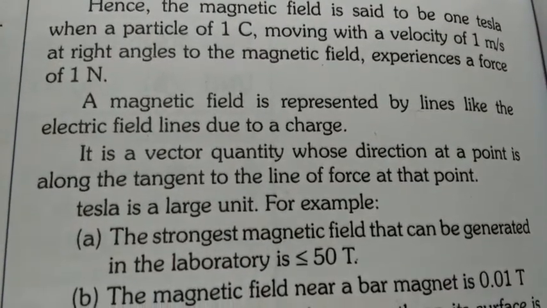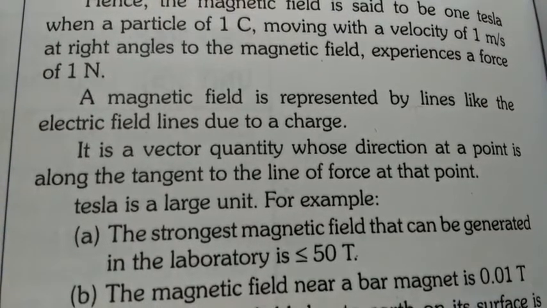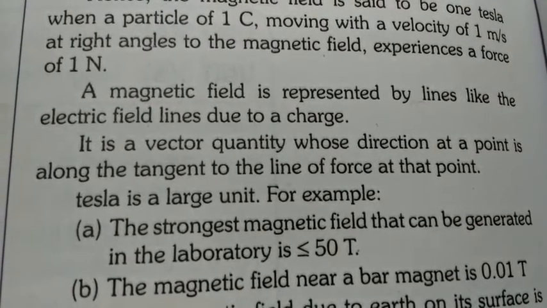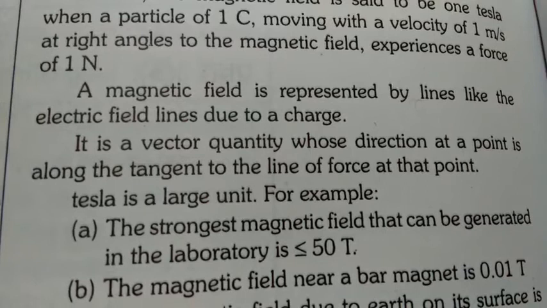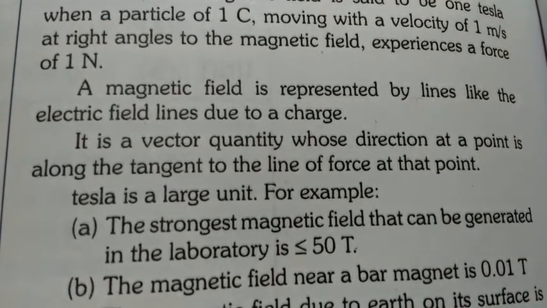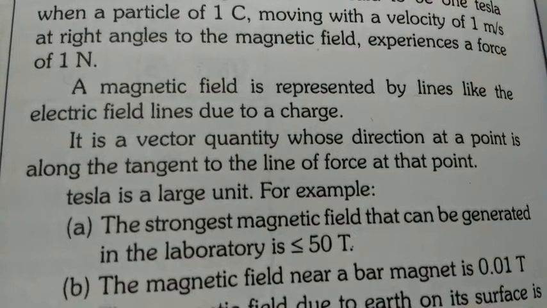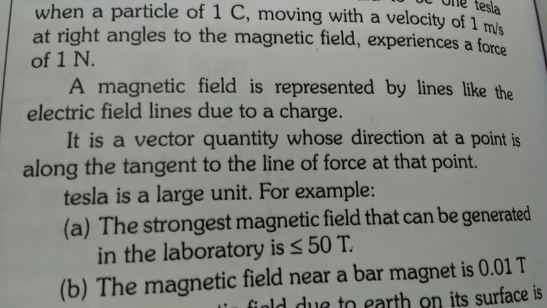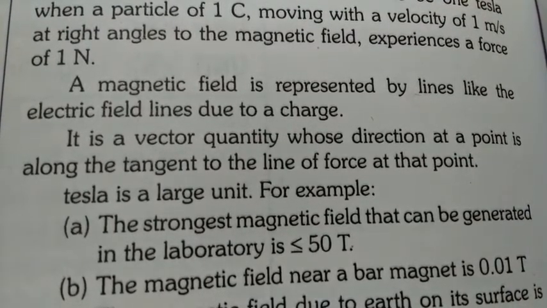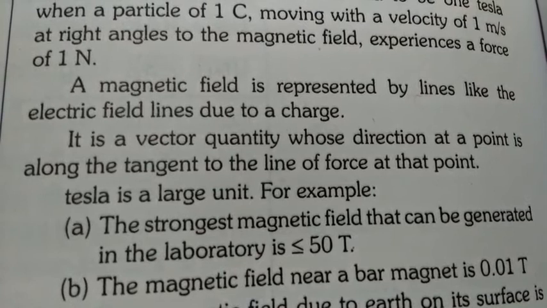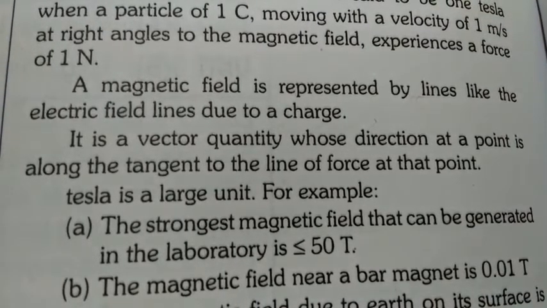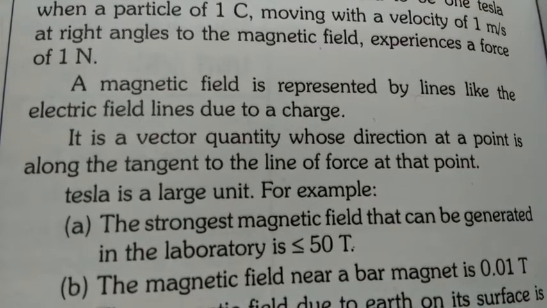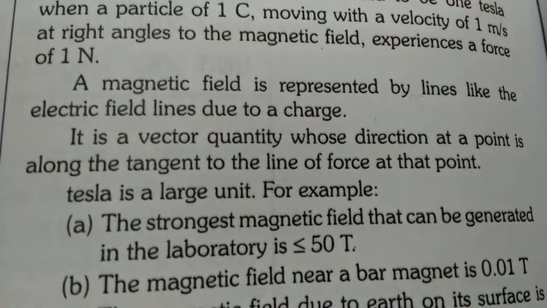Like electric field lines, magnetic fields also have lines which show their strength and direction, and we have already discussed the properties of magnetic field lines in class 10th. So you should all revise that from your 10th class book, and if you have any doubt then you can ask me. Because we have already discussed all those properties in class 10th, and also the electric field lines, it will be better for you to first revise it from the class 10th book.